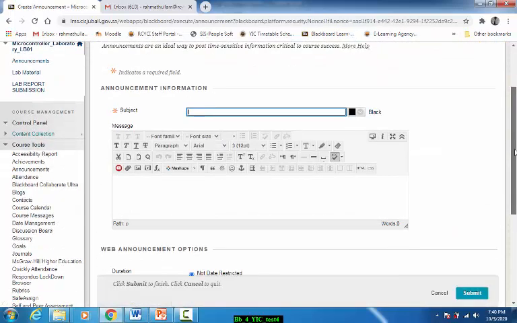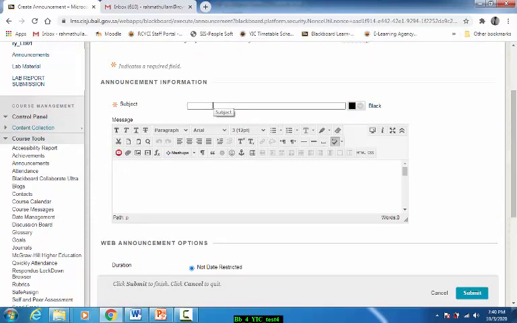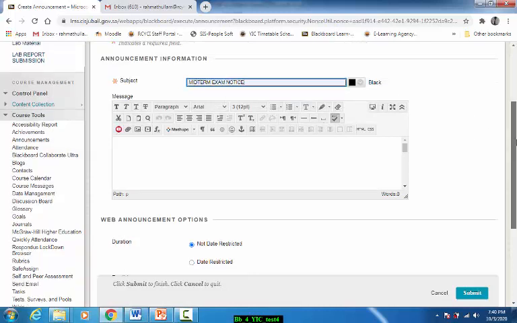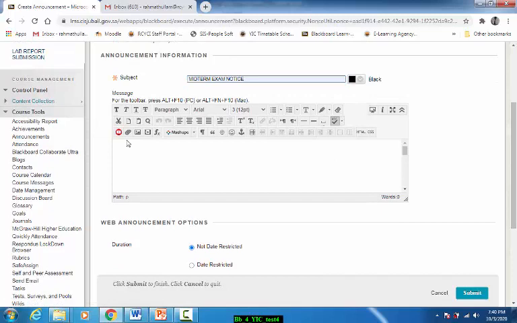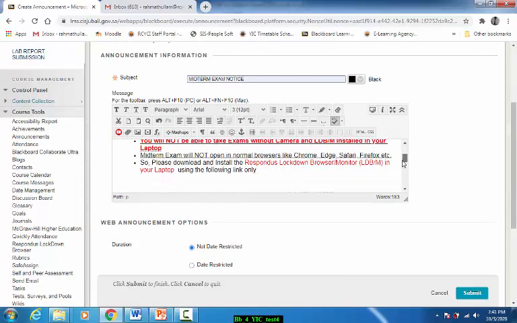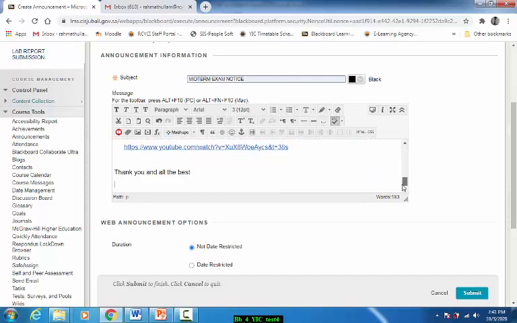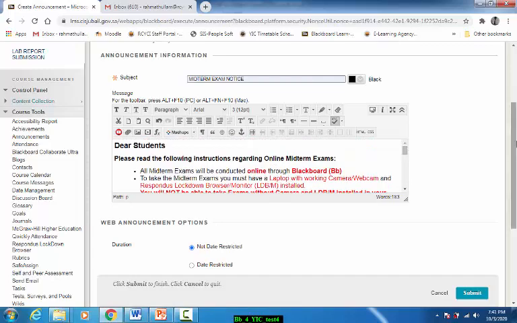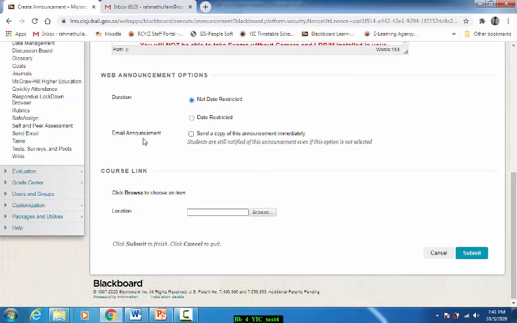Just create an announcement and give the subject name as midterm exam notice, or anything you like, and then copy the instructions from the Microsoft Word file that I shared. All the instructions and links are here. Then make sure the email announcement box is ticked: check this box, send a copy of this announcement immediately.